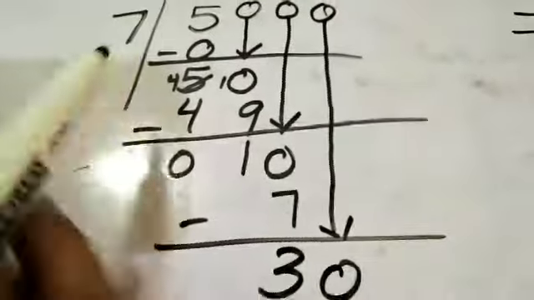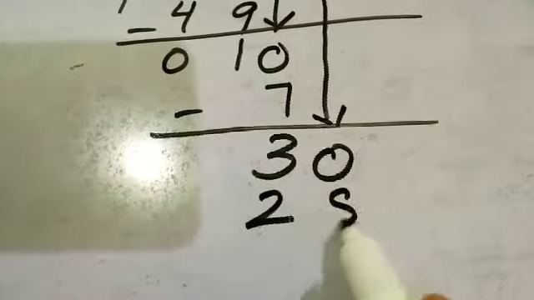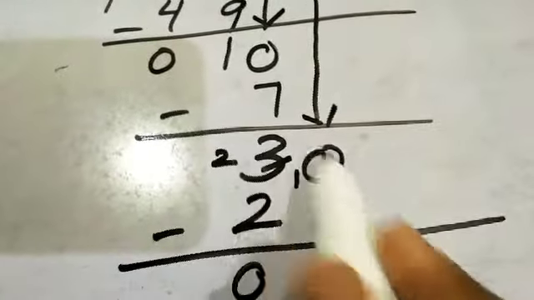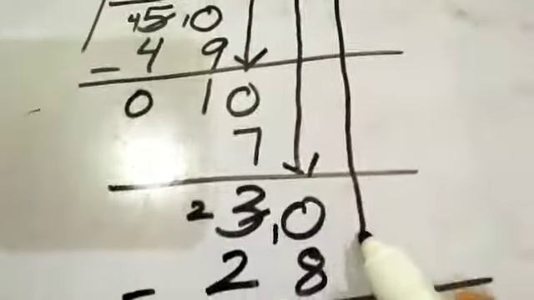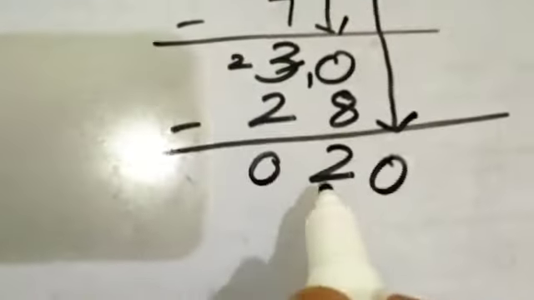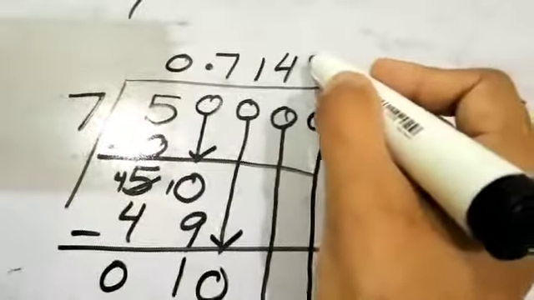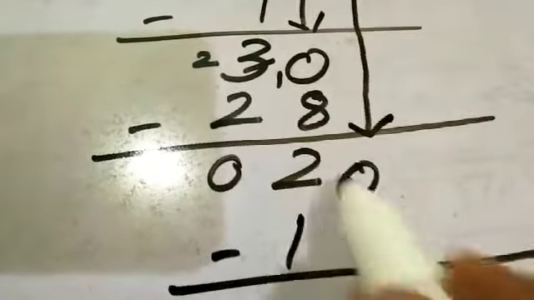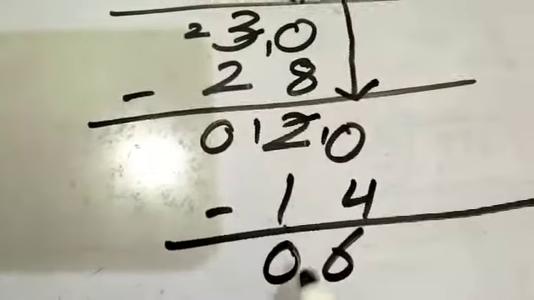30. So for the nearest one, read the times table of 7. 7 4 times 28. Borrow from this because 0 minus 8 is not possible. So borrow from this, 10 and 2. 2 minus 2 is 0 and 10 minus 8 is 2. Write the next number. So 20. 7 3 times 21, 7 2 times 14. So the nearest and smallest one is 7 2 times 14. 0 minus 4 is not possible, so borrow from this. 10 minus 4 is 6 and 1 minus 1 is 0.